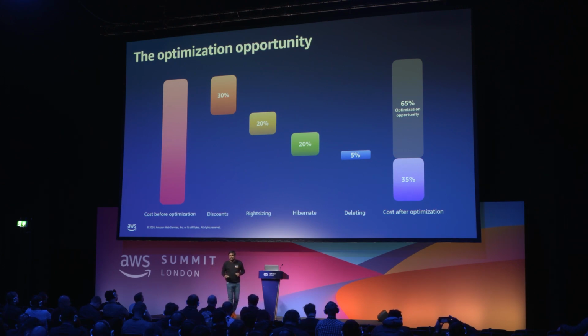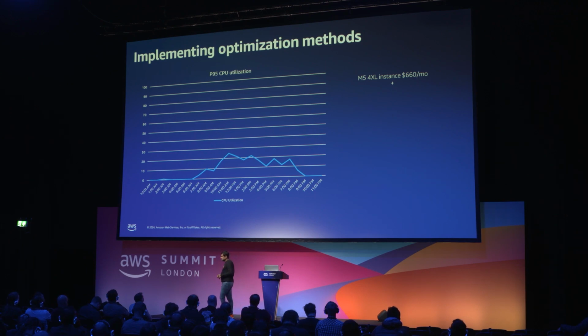Let's take another example. Let's take an EC2 instance itself and then see how we can apply these methods to see their potential savings. So this is a chart which is explaining the usage of an M5 4XL large instance, which is costing us around $660 per month. If you look at the utilization, this instance is being utilized max to 25%, and primarily it's being utilized from 6 a.m. to 9 p.m.